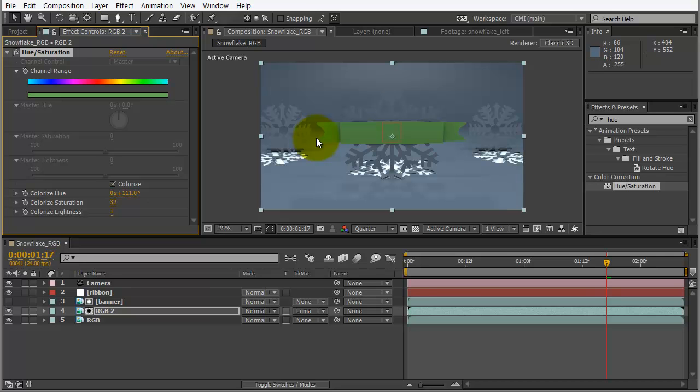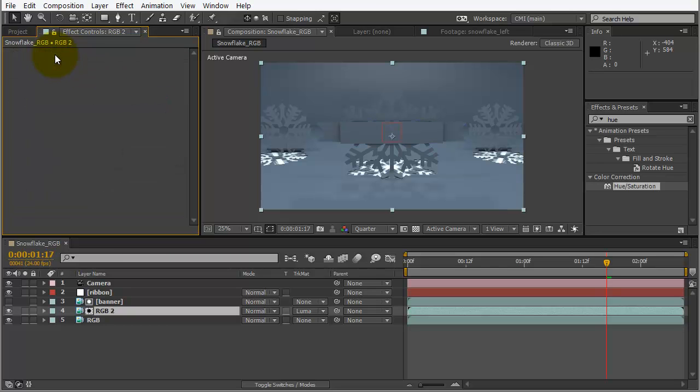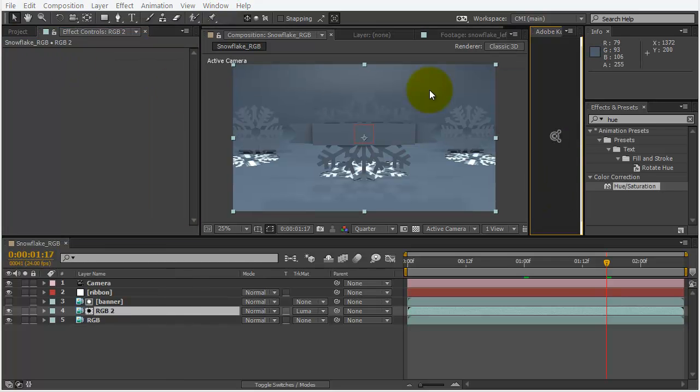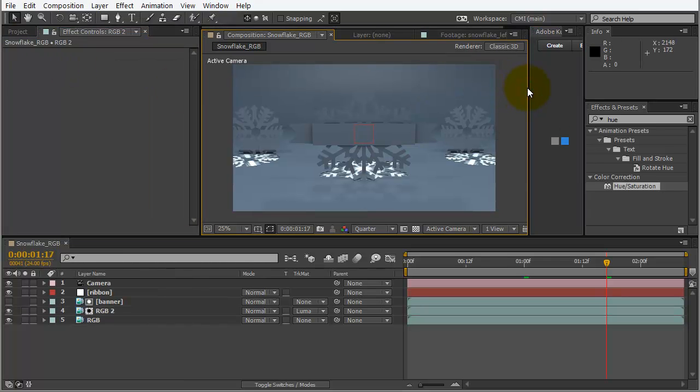Now a new way that I've been playing around with colorizing things here is instead of using hue and saturation, which works great, one thing I don't like about it though is if I want a very specific color, sometimes it's hard to use that hue angle to get the exact color that you want. So let's take a look at another example. So if I open up the Adobe Color extension in here,